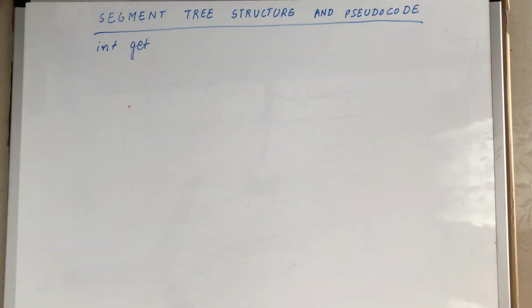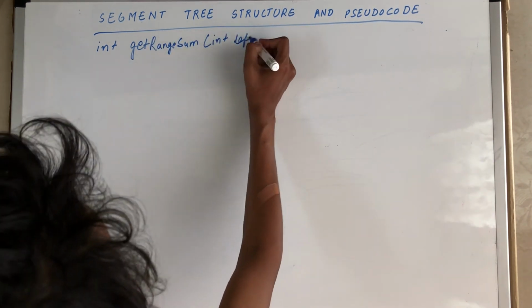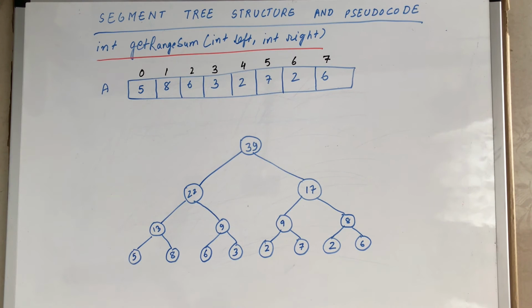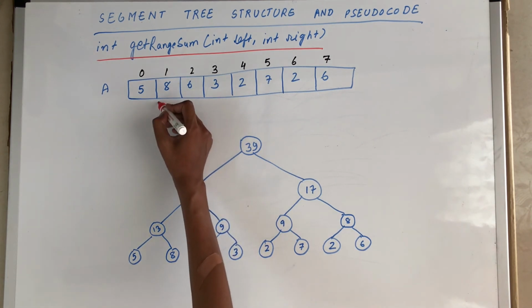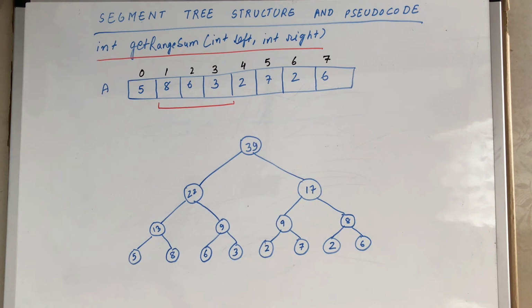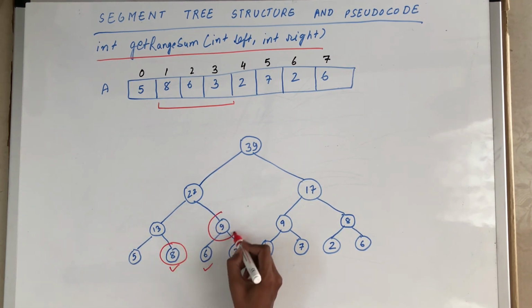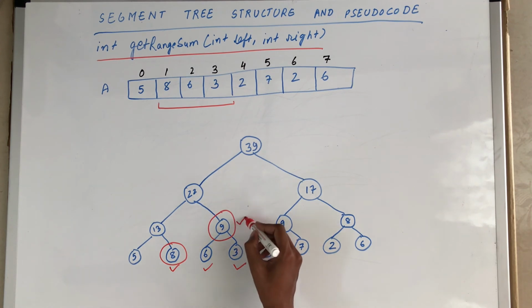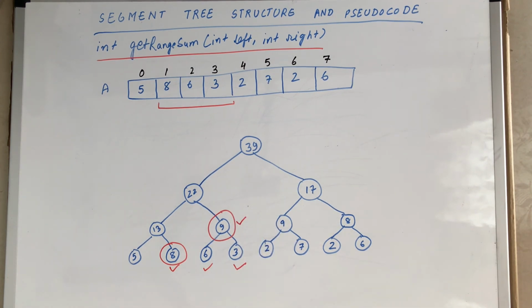Now let's implement the get range sum method. Let's first see how we can use the tree data structure we have made to calculate sum of any given range. Let's say we want sum of this range using segment tree. One way is to go to all nodes and sum their values, but a better, less time consuming way is to take this node and this node. As you can see, this node has already calculated sum of the two nodes in the range. And this is how segment tree improves the running time, by getting values from parent of the child nodes.